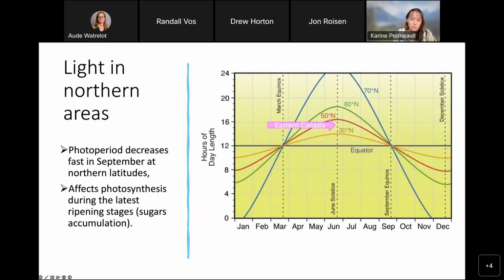Another specificity about cold climate grape production is that light is going low very quickly in fall. So we have lots of light when grapevine is flowering,